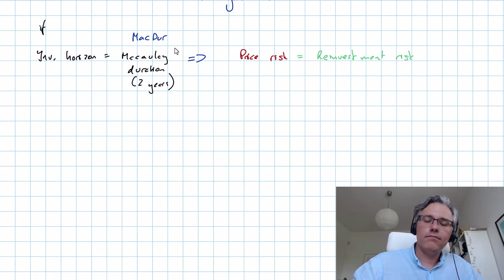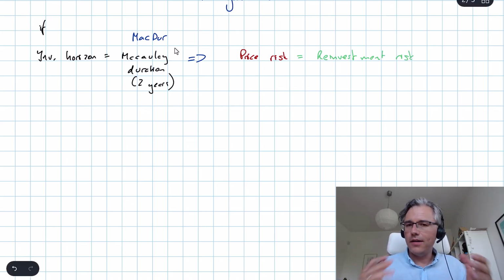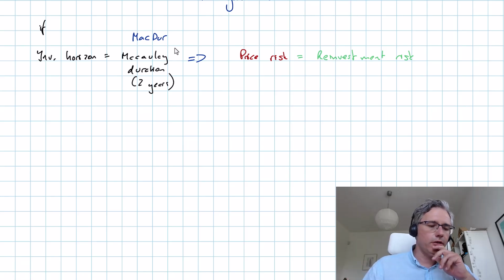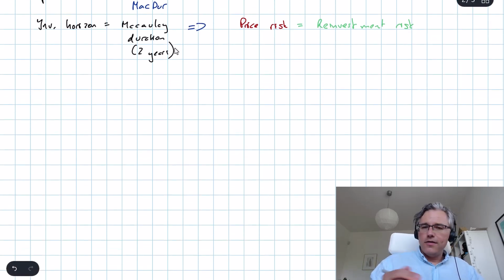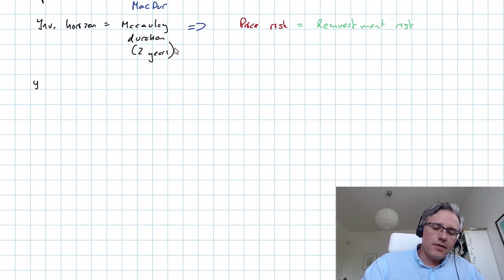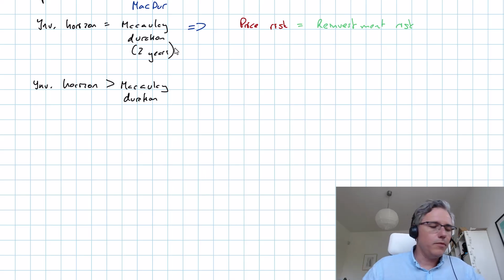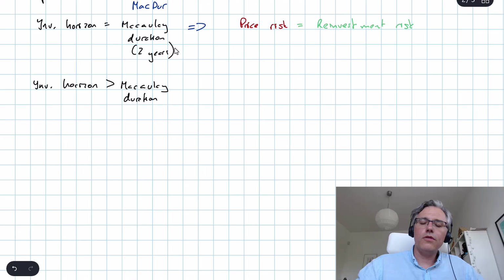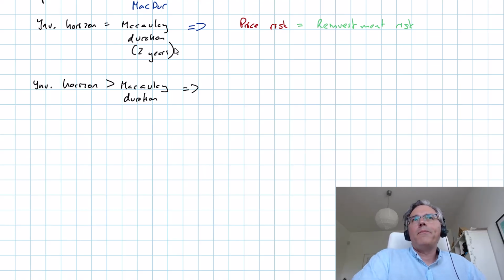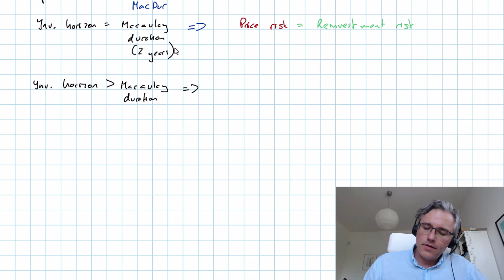And as I said, neither of these risks dominate. They perfectly offset and balance one another. However, the tricky situation, which you need to appreciate, is that if the investor chooses an investing horizon which is longer than the bond's Macaulay duration, so in our case that would mean you hold the bond for longer than 2 years, then potentially what will happen is the reinvestment risk,